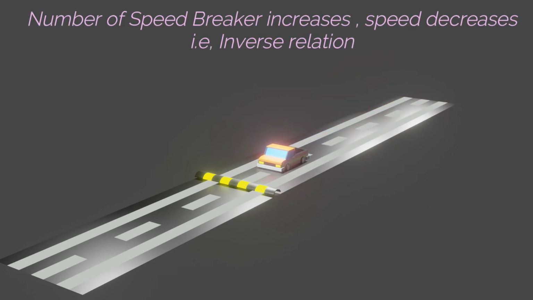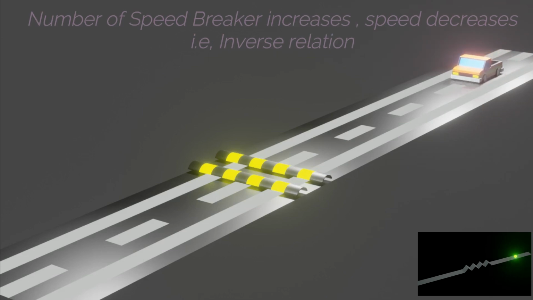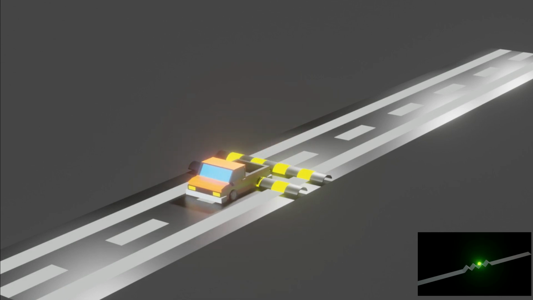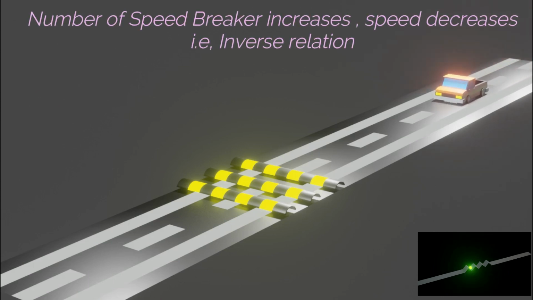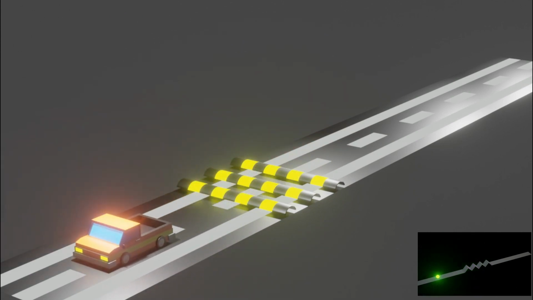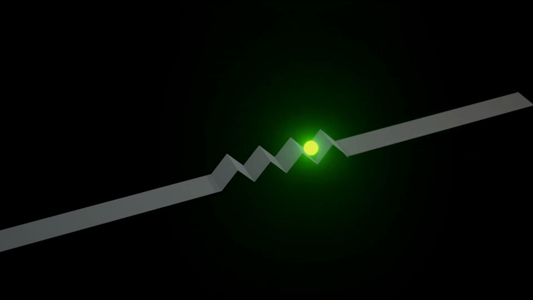Now, if a car is moving on a road and if you get a speed breaker, the car speed reduces. If you get more than one speed breaker, your car speed will reduce to a further extent. Why do we use speed breakers? We use speed breakers to control the speed. Something should not go out of control. In a similar way, when we have charges moving inside a conductor, there must be some controlling element. So if a conductor is moving charges across it, there must be some kind of speed breaker. That speed breaker is termed as resistance.